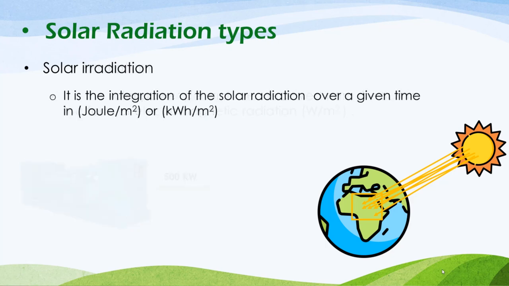And now to understand this concept well, we can compare it with the solar irradiation. Here the solar irradiation is the integration of the solar radiation, or in other words, it's the solar power consumed per specific period of time. So the solar irradiation is related mainly to the time, as we need to know exactly the amount of power